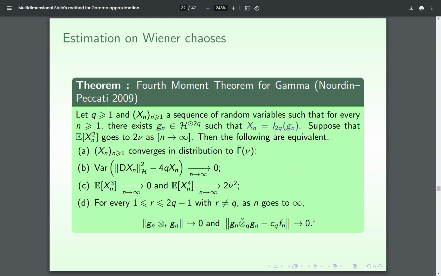condition I will not explain. If you have any question, we can talk about this later. This is only conditions about the kernels appearing here in the definition of X indexed by n. And in fact, the condition number D, which will be appearing in the main theorem we wrote with Ciprian, which is the